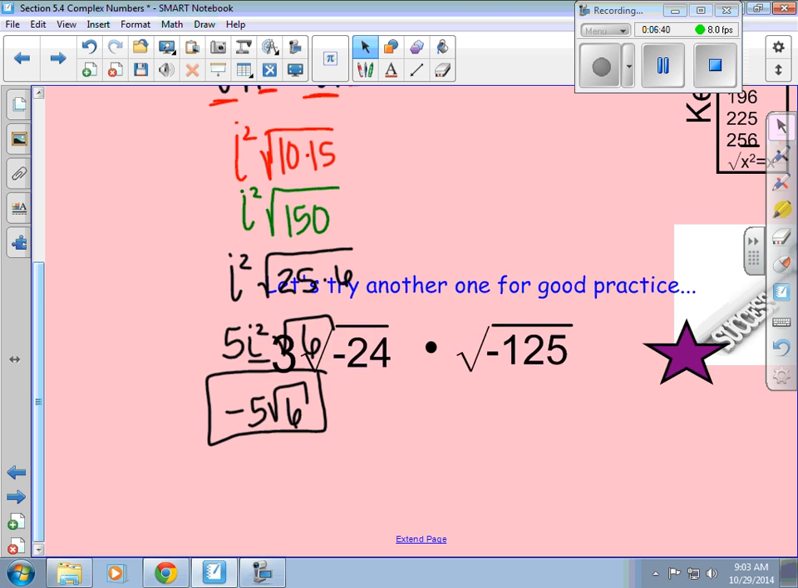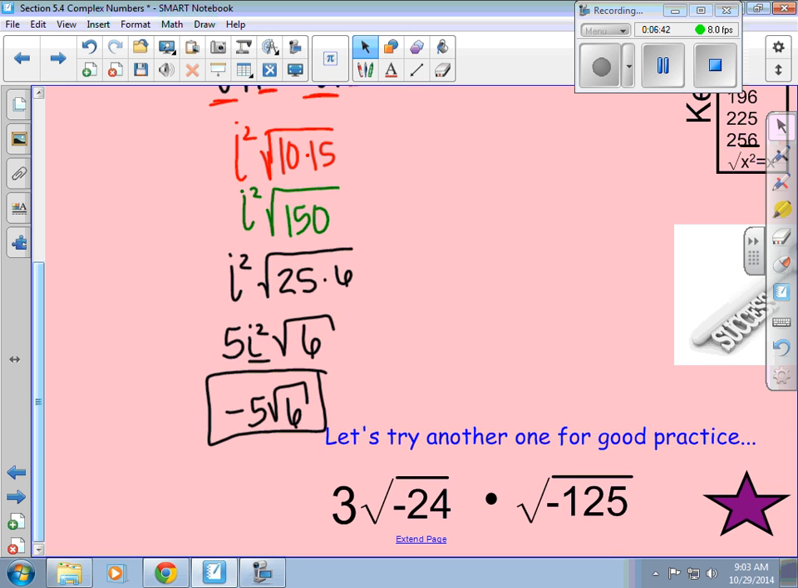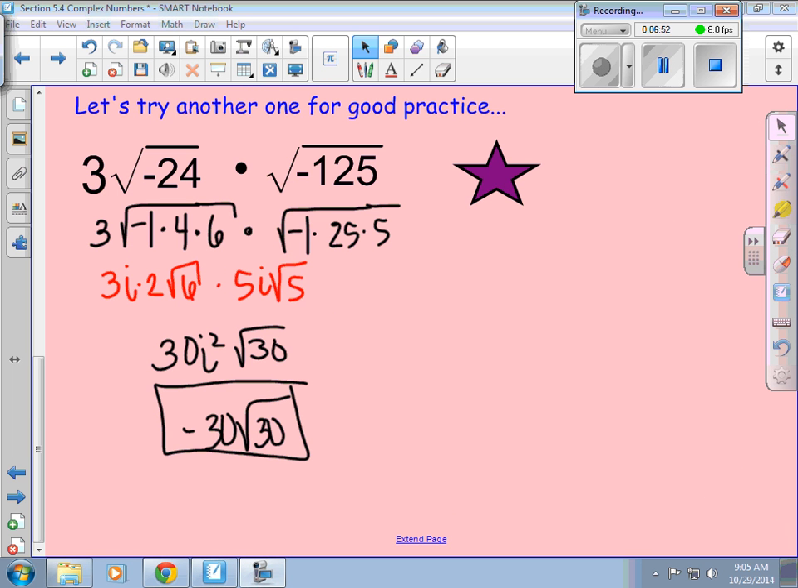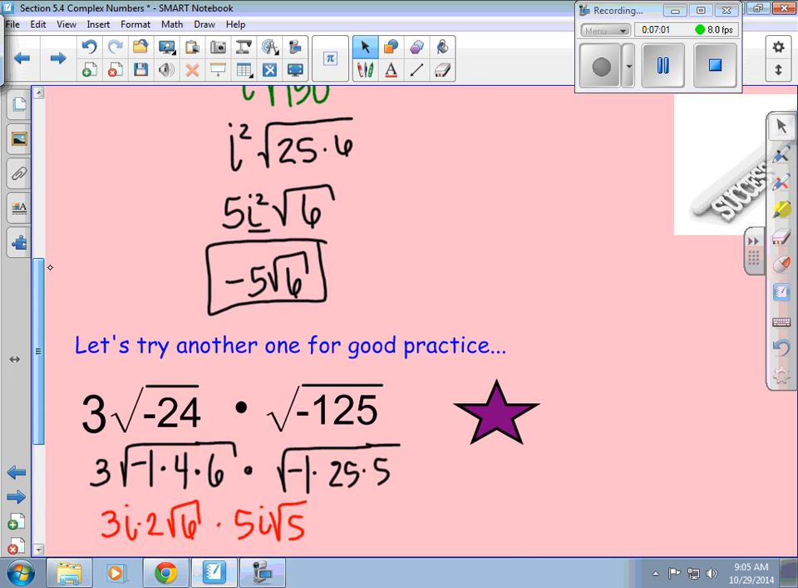Let's try another one for good practice. I would like you to write this one down on your note sheet, and I would like you to try this one on your own. If you go ahead and simplify the practice problem, you should get -30 square root of 30. Okay. Let's go back to